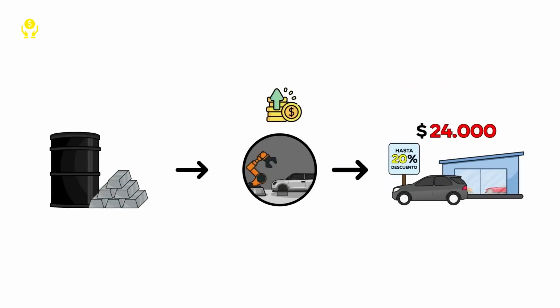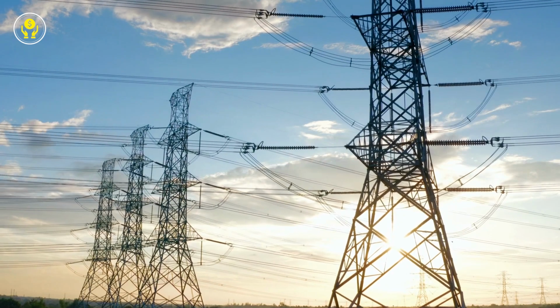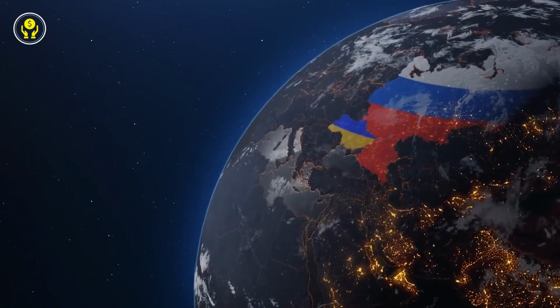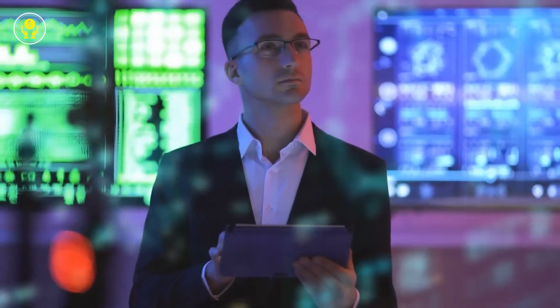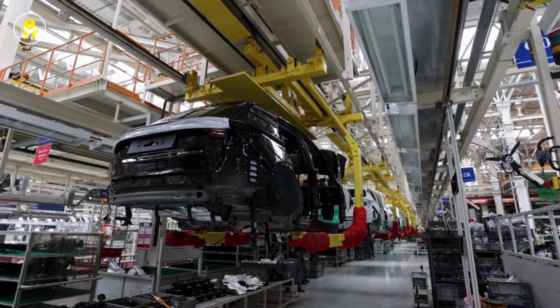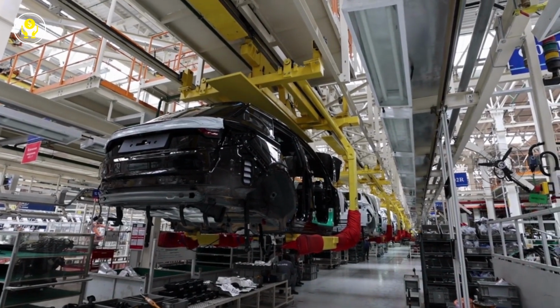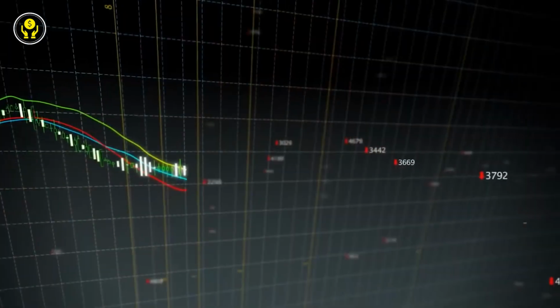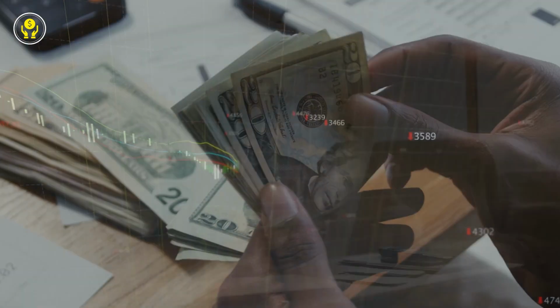The materials needed to produce cars have also increased due to inflation. Energy prices have increased due to the war between Russia and Ukraine, and the costs of many other components have also skyrocketed due to inflation. As a result, the production costs have increased so much that they simply can't sell the car below $25,000 because they would incur losses. And that's how the economy starts to decline.